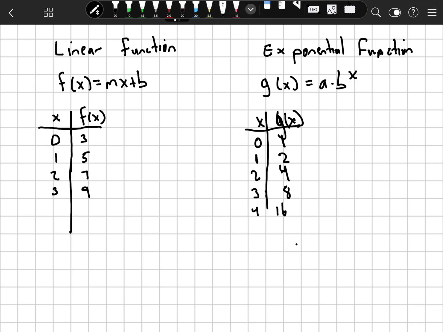I wanted to focus on exponential functions today, and I needed something to compare them against, so we're going to look at a linear function first, and then we'll move into the exponential function. So notice this table right here. When x is 0, y is 3, and if we were to kind of graph that,